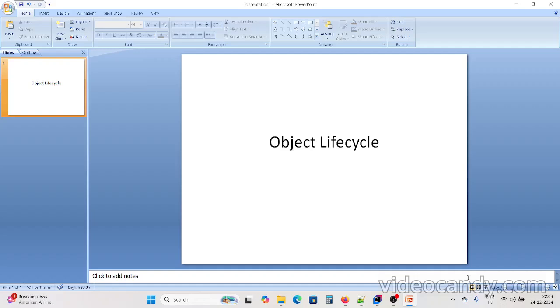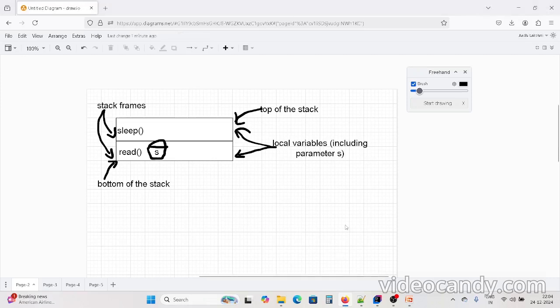Before discussing that, we all know that there are two kinds of variables in Java. One is local variables and the other one is instance variables, right? So first we will discuss the lifespan of the local variables. Now let's see